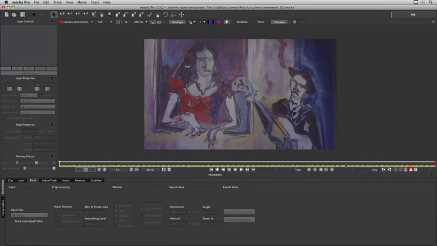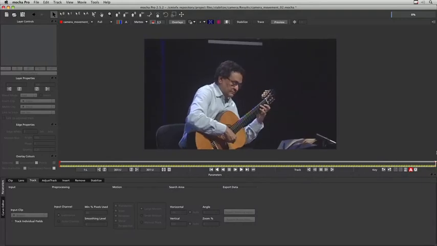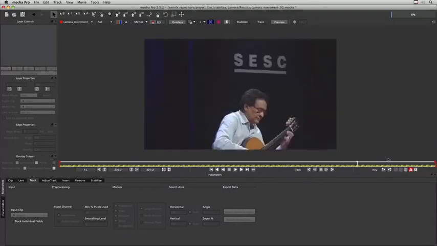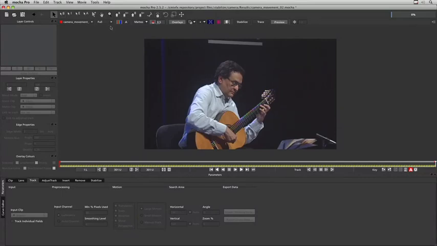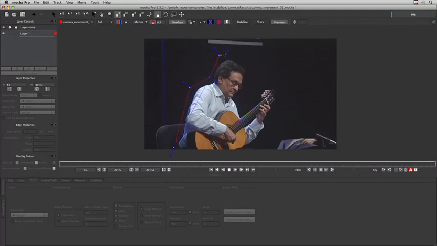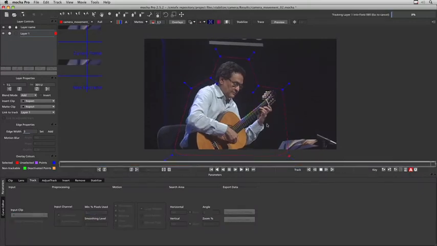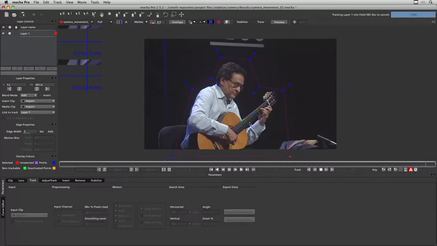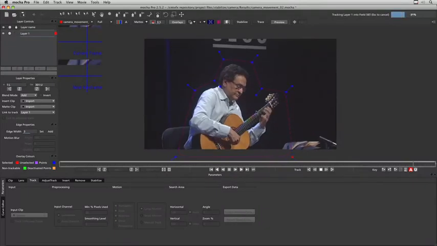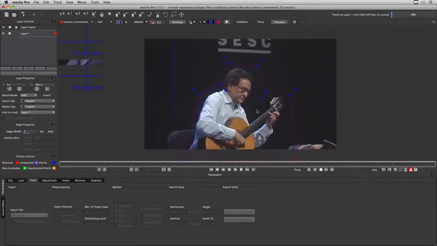Before tracking the background for the stabilization, I will go here to the end of the sequence and track the guitar player because he is a moving subject and it can affect the quality of the background layer. So I will create a mask to isolate him, just a loose mask to use as a subtraction to the background layer. And I will track it, and you can see that even though he's moving, the planar tracking is working fine,